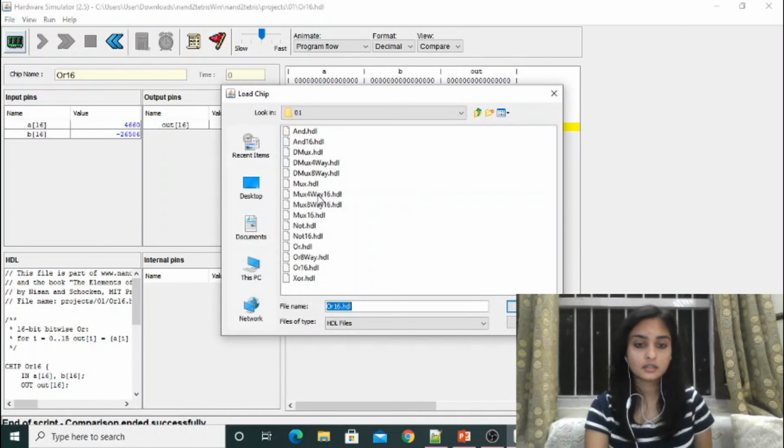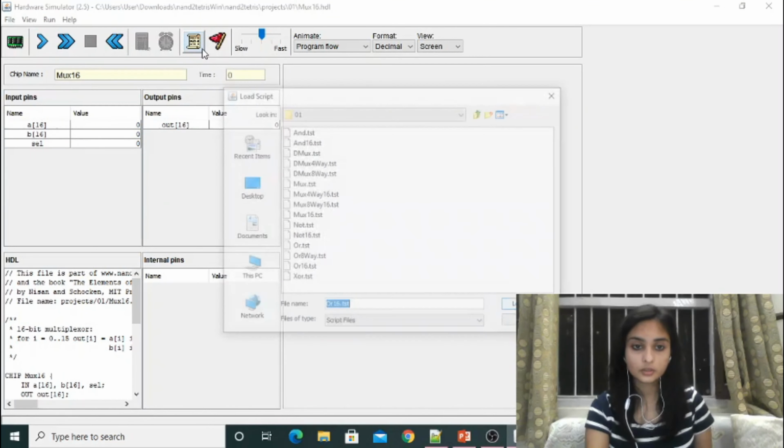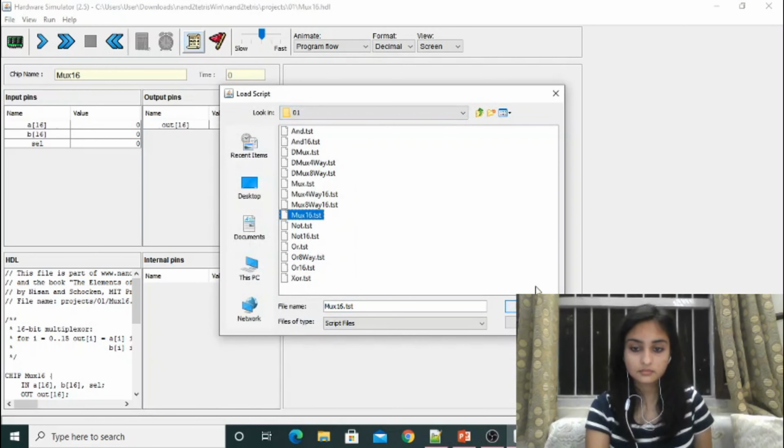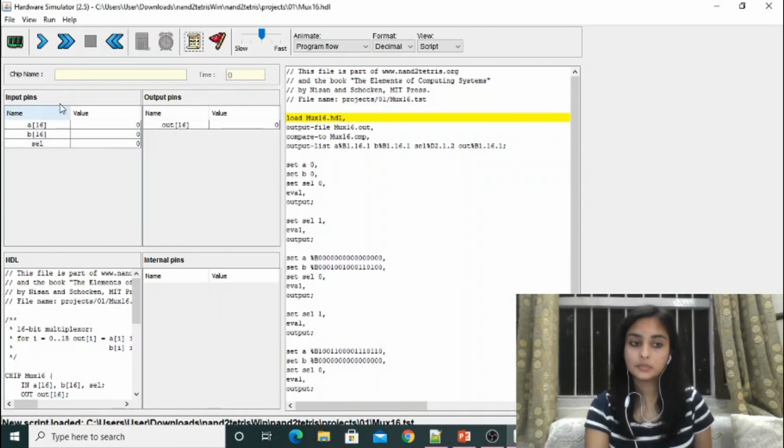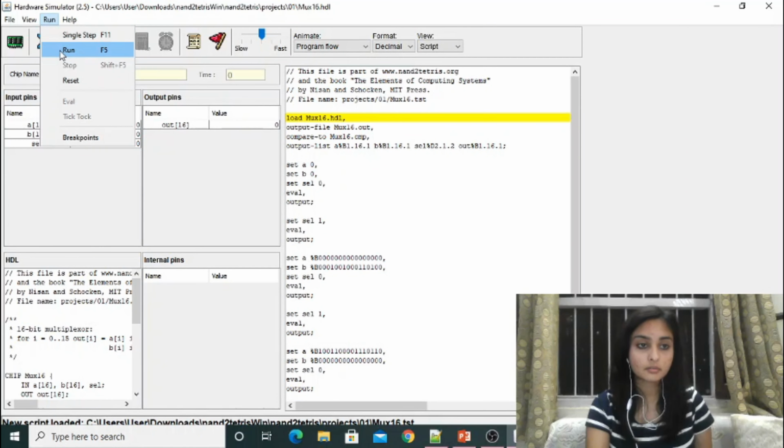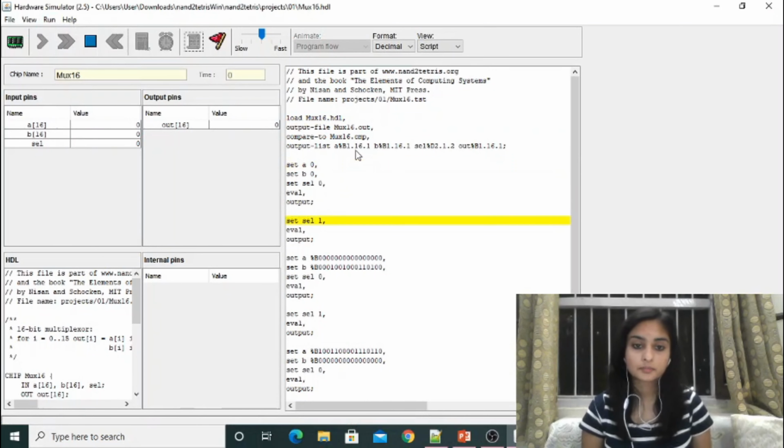Now we'll be running it, MUX16. We load the script. The input pins that we have over here are A16, B16 and selection, and the output that we get will be out16. It's all in the format of 16 bits, while the selector remains a single bit.